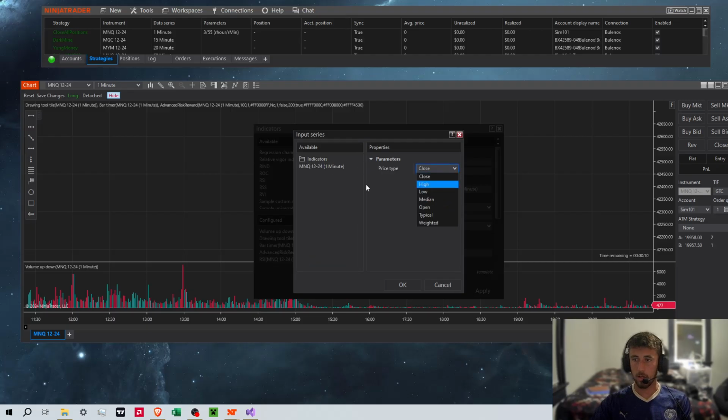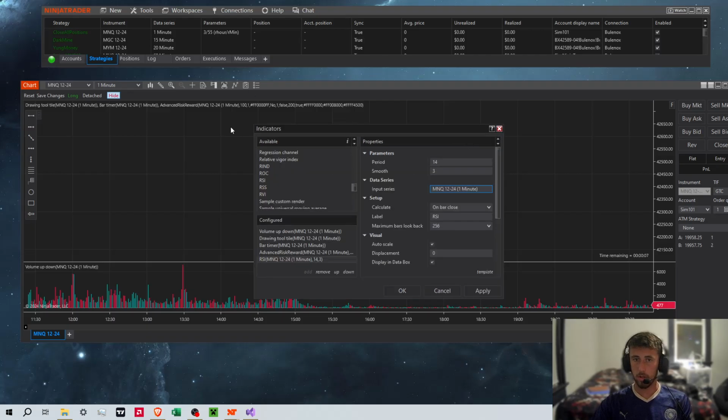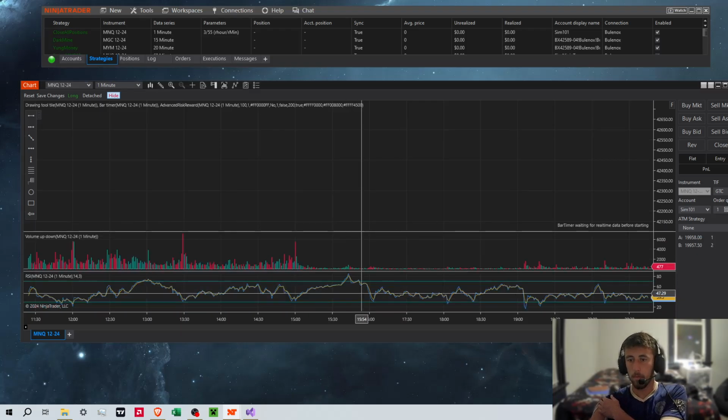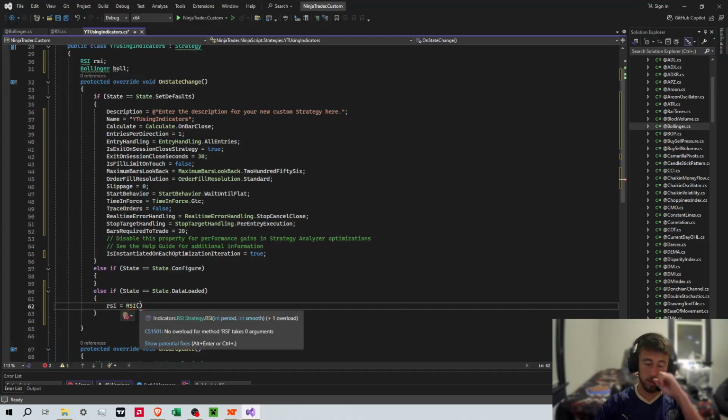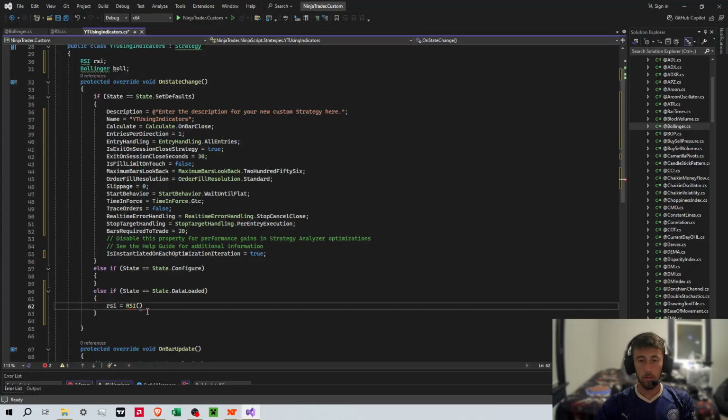In this case it's linked to this chart, the 1 minute MNQ chart, but in other cases you can change it to whatever. By default, it will just be whatever the chart that you're loading it up on is, the data series. But you can also add your own. You could do highs, you could do closes,